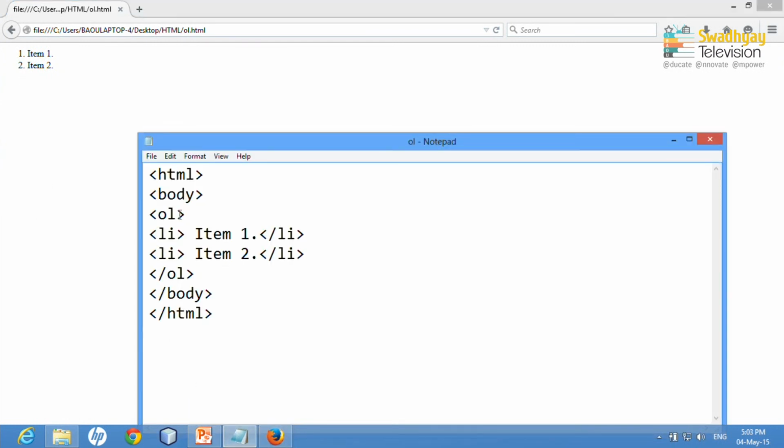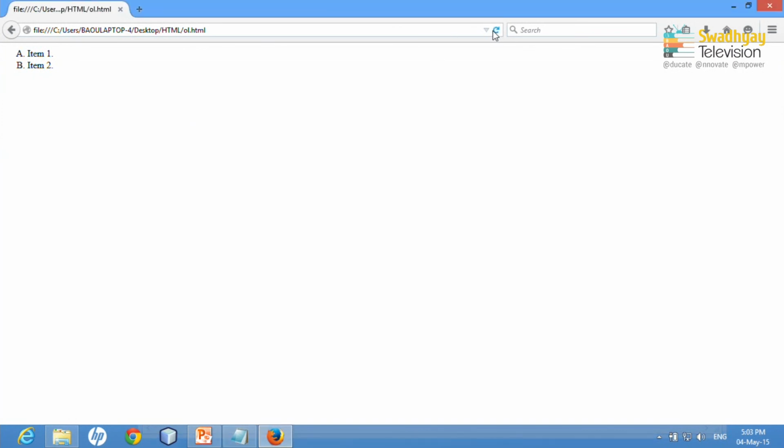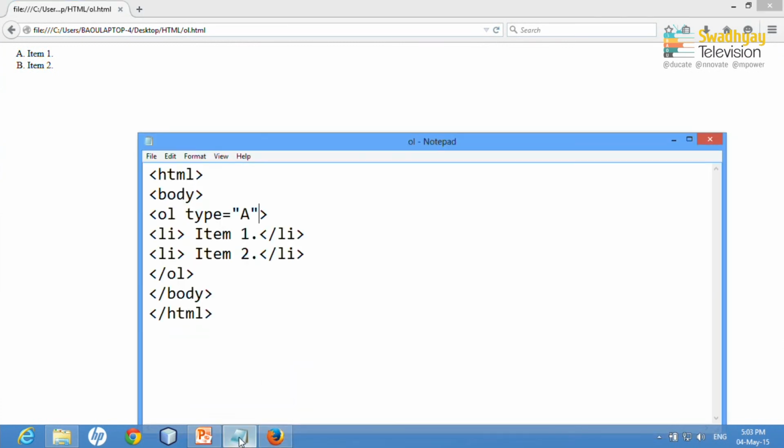Suppose you want not 1 and 2, but you want A, B, C, D. So, you can type type is equal to A, and I will save. So, now it will display as A and B. One more thing you can do with that. Say for example, I want in alphabetic